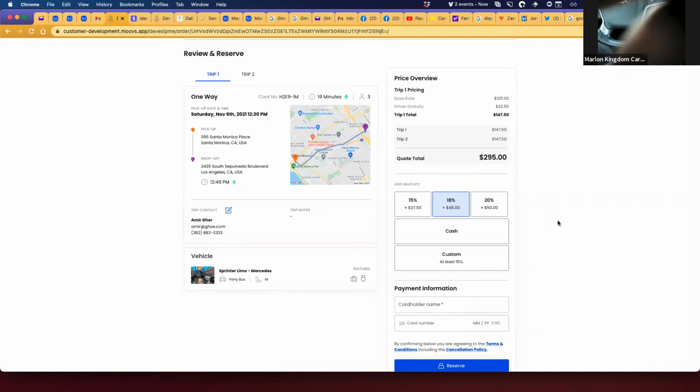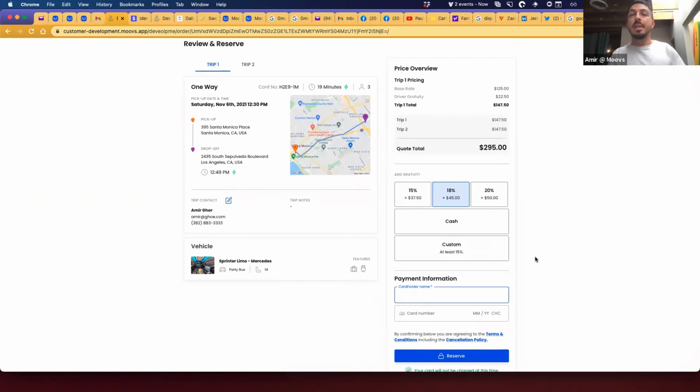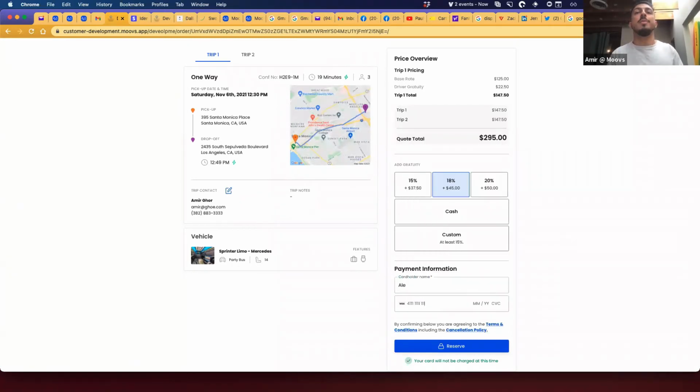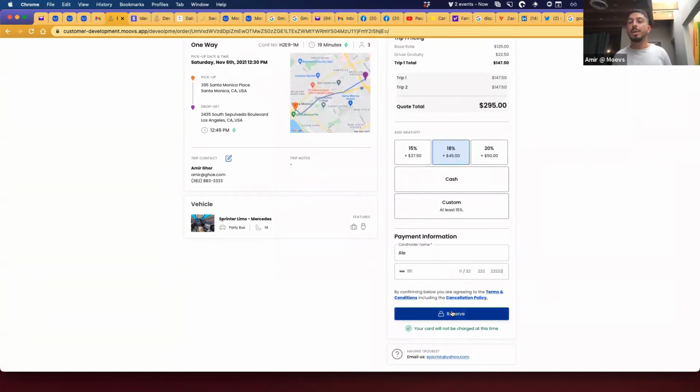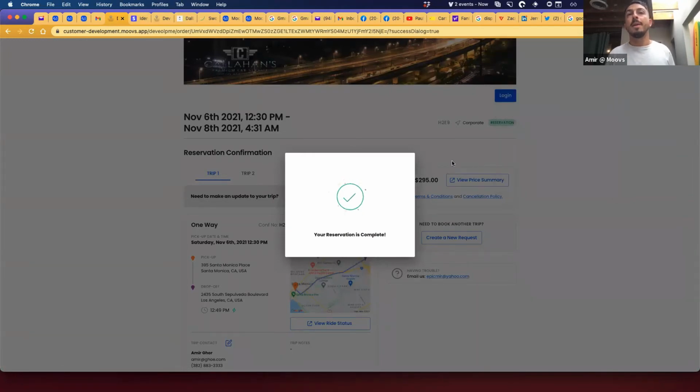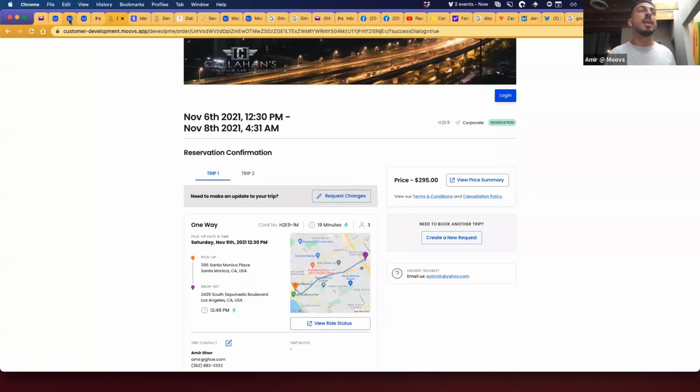Wow. So just to keep going, guys, I want to show you what happens on the customer app. The customer enters all their card information, and then it's just a reservation process. Every operator does this differently. Some operators like to collect payment right away, some don't, so we leave this to just save the credit card. The credit card gets captured in your Moovs platform, and you can now manage that reservation and that card.